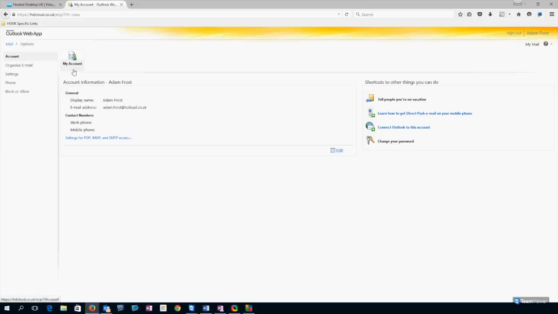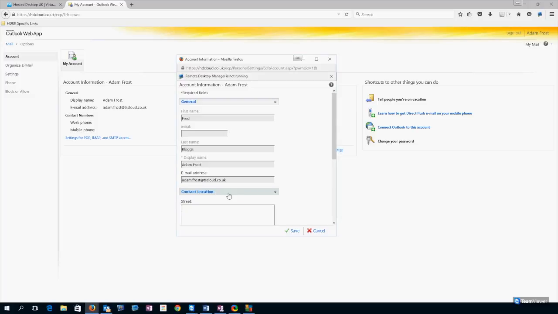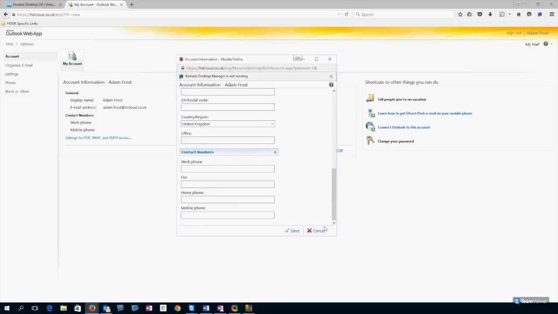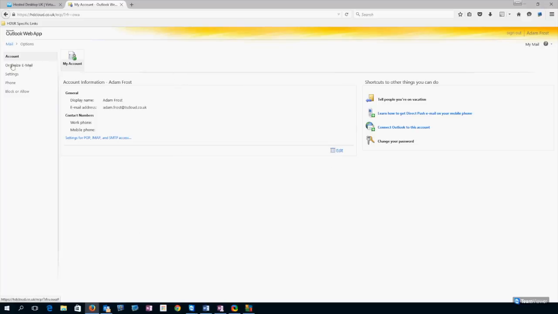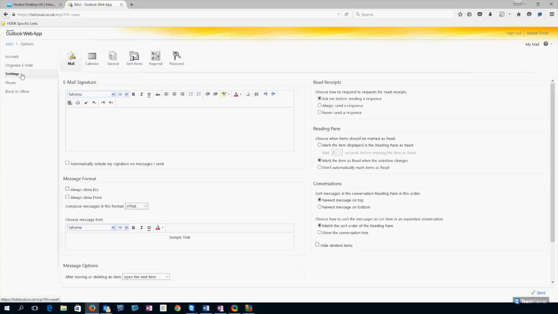By default, it takes you to the My Account page, which just gives you the option to edit some information about yourself. You can pop in a couple of additional details if you wanted to, for example, your address and contact numbers. If you click down, we've already looked at the two options that are available in Organize Email. So if you go to the Settings option,